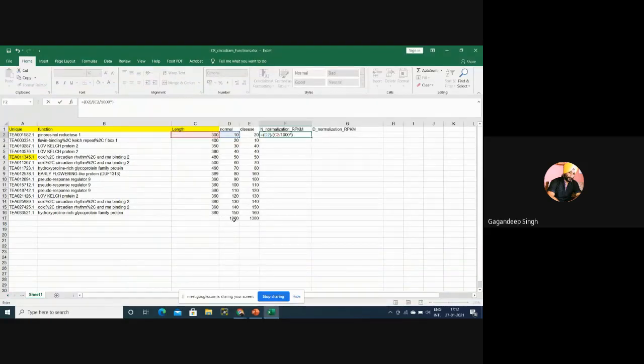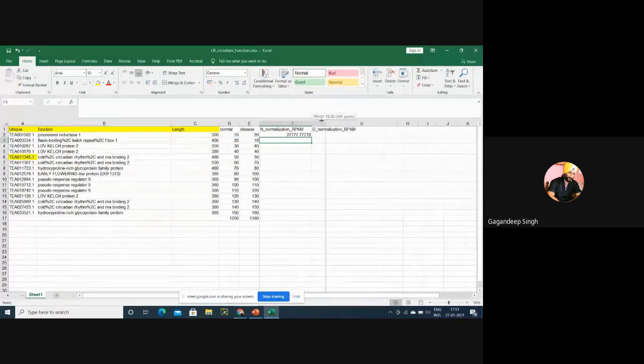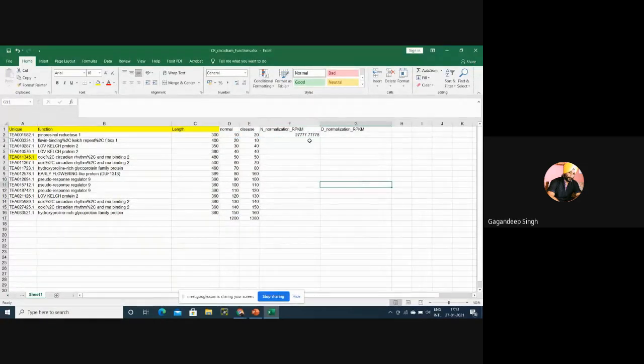How many total number of reads are there? This is the total number of reads divided by 1, 1, 2, 3, 4, 5, 6. This is the RPKM formula for first. Means this is the normalized reads. This is the normalized reads for normal condition.